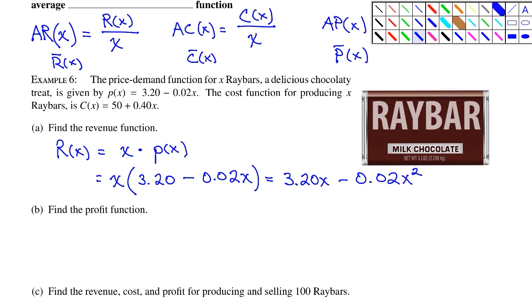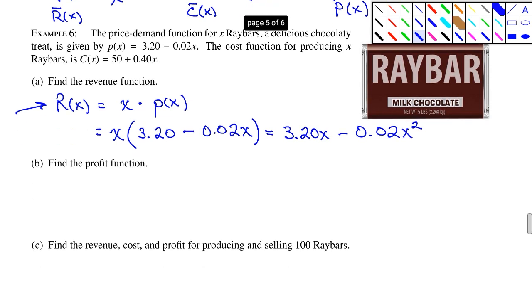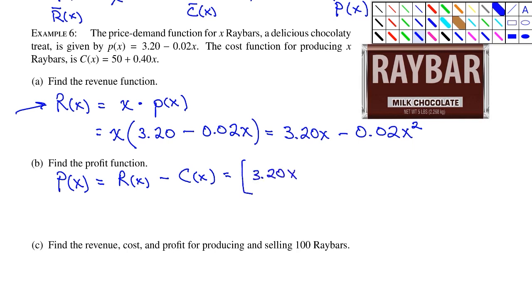Notice how I wrote out what we're looking for, r of x, used equal signs, wrote out all the stuff, and simplified it down to a polynomial. Part B, find the profit function. So profit, p of x, is equal to r of x minus c of x. And that would be 3.2x minus 0.02x squared. That's the revenue from the previous part, minus the cost function, which is 50 plus